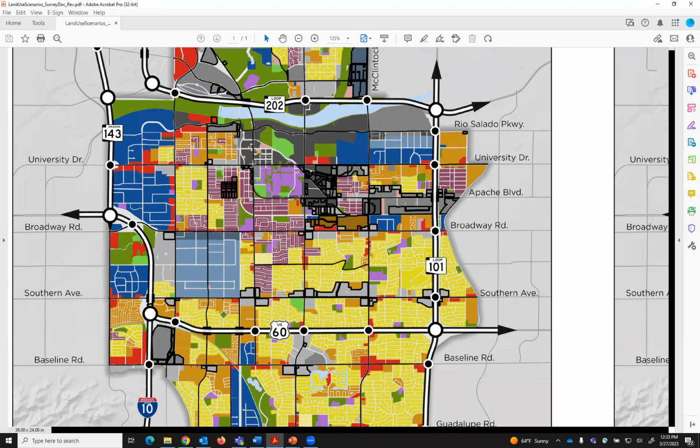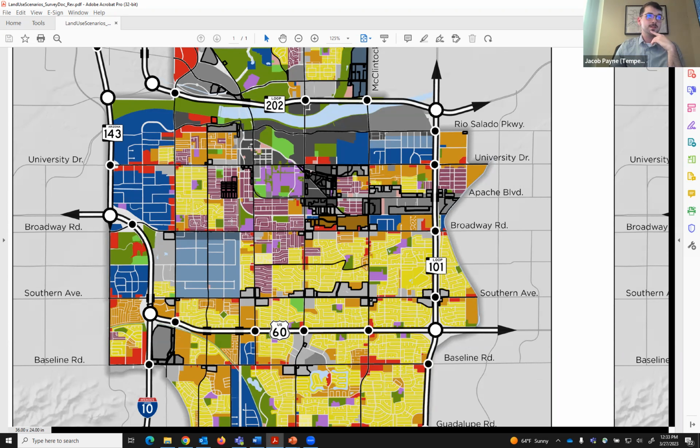Thank you. We have a question from David Sokolowski. Can you please explain the difference between map 2 and 3 and point out some examples? Sure. Like I mentioned, I explained it to Brenda, they're like nesting dolls. So the changes in map 2 are in map 3, and the changes in map 1 are in map 2 and in map 3. This one on the screen at the moment is currently scenario 2.